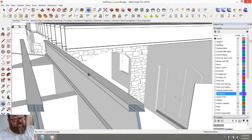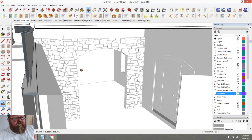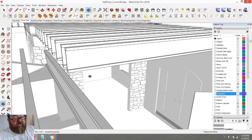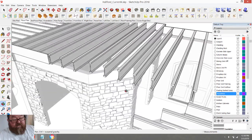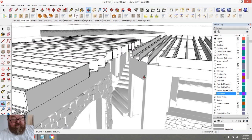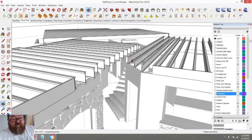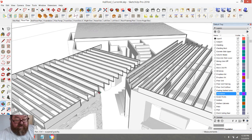There, in other words, if they don't want a header there, then what I was going to originally do was set an LVL up on... see, when you come out here, this is all open. This is all open. So what do you want it to look like? When you want this ceiling to come out and just go straight up, or do you want a header there? I'm going to bank on the fact that they're just going to want a